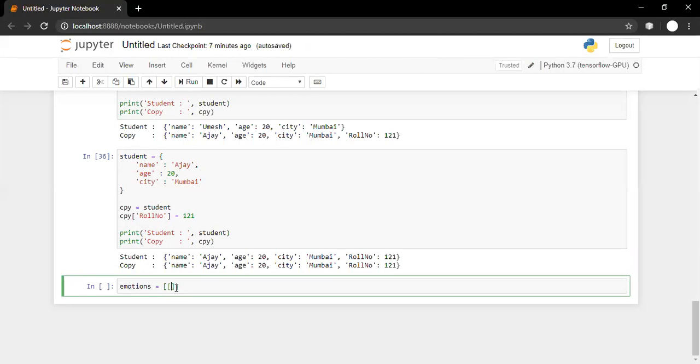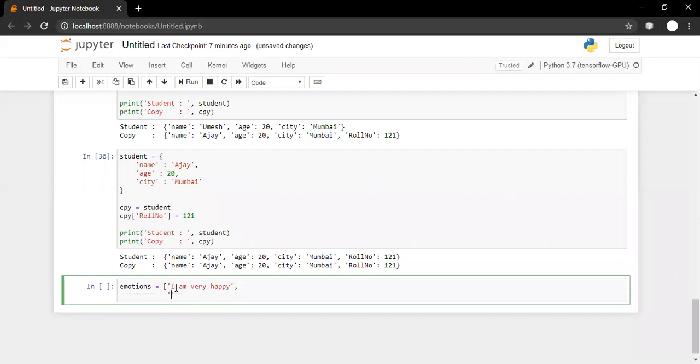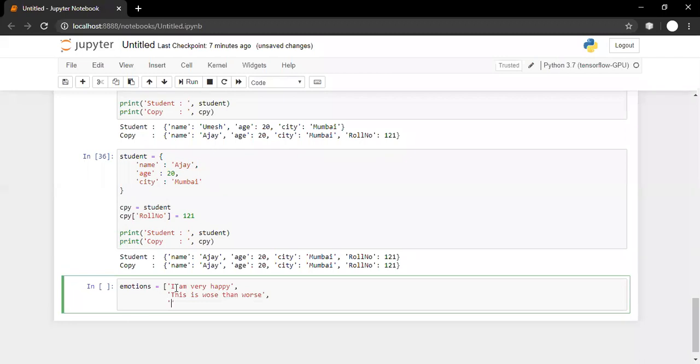So let us say we have an emotions list. Our first emotion is "I am very happy." Then comma. Second emotion is "this is worse than worse", some terminology used by a student. "I don't understand this thing very well."